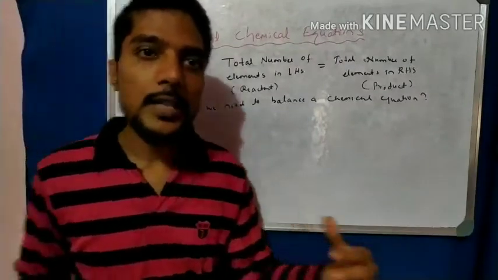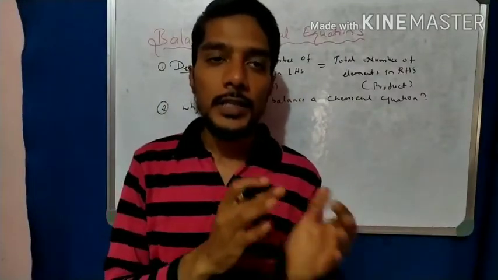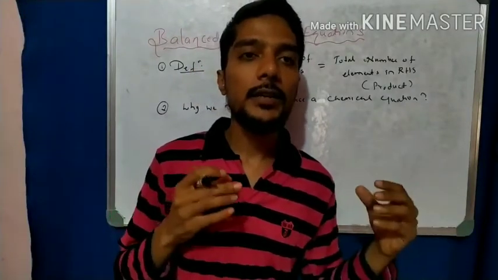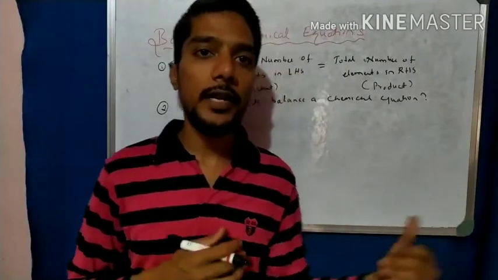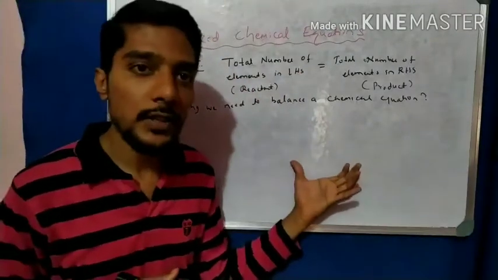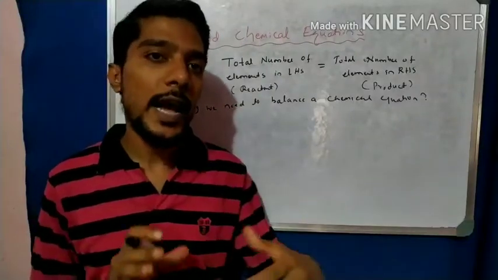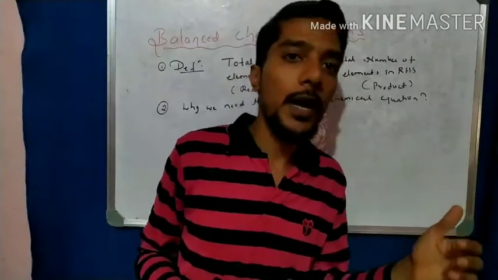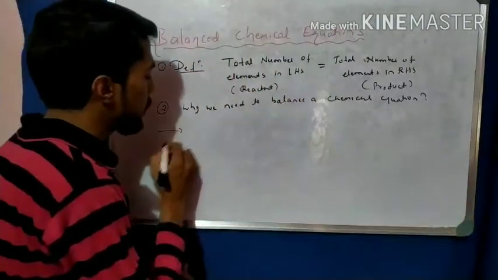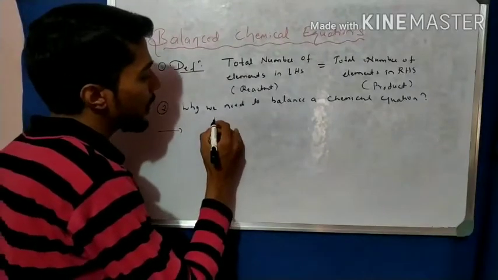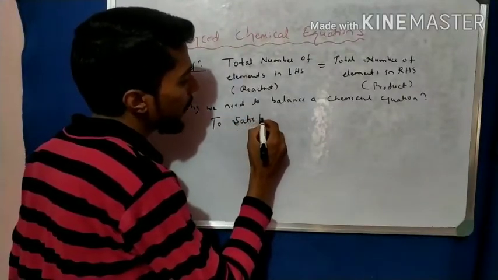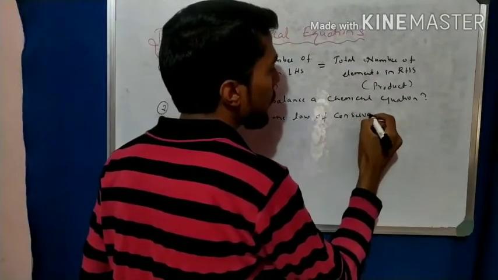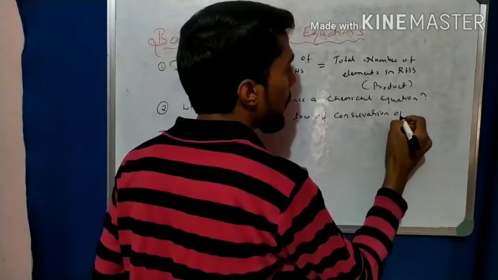Because balancing a chemical equation is not easy. Small reactions may be easy, but for complicated, long reactions it is tough. But why do we use this balanced chemical equation? Why do we not simply keep the reaction as it is, but balance the number of elements on the LHS equal to the number of elements on the RHS? Why do we do this process? The answer is to satisfy the law of conservation of mass.